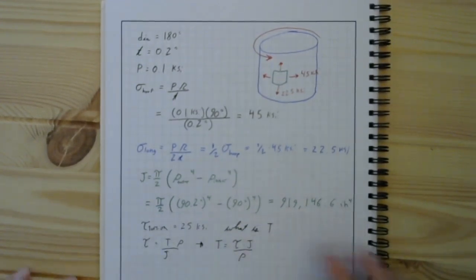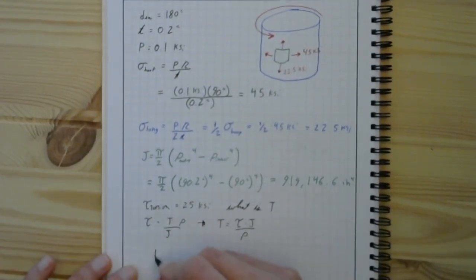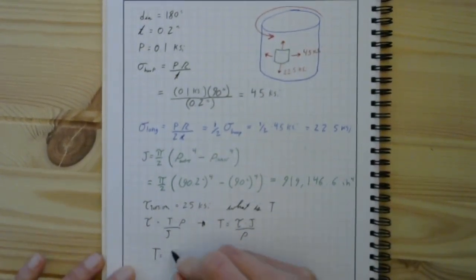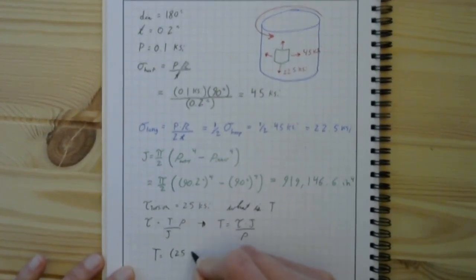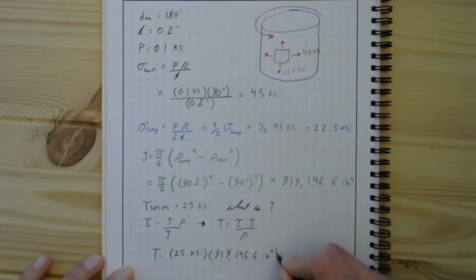And this is going to be 25 ksi times our polar moment of inertia, this big old number here, 919,147, really, inches to the fourth,